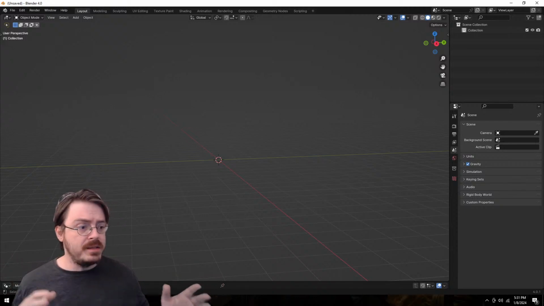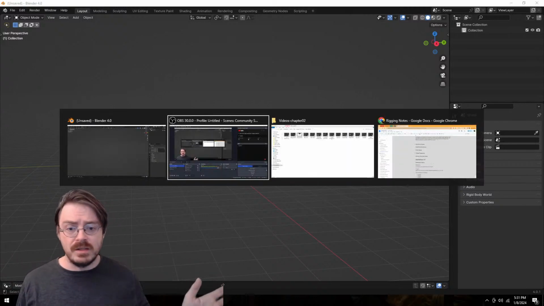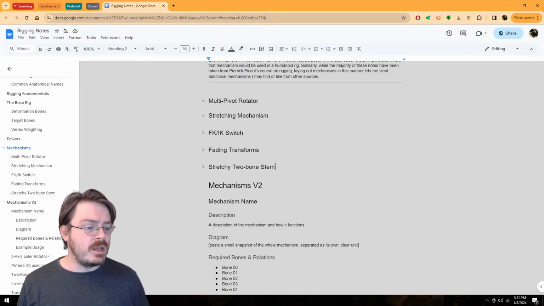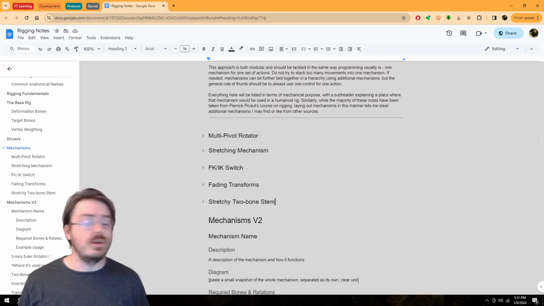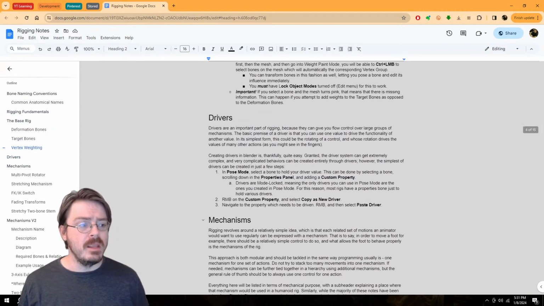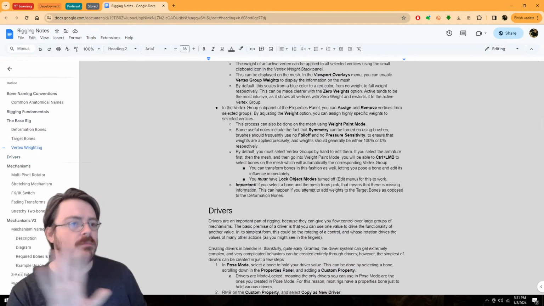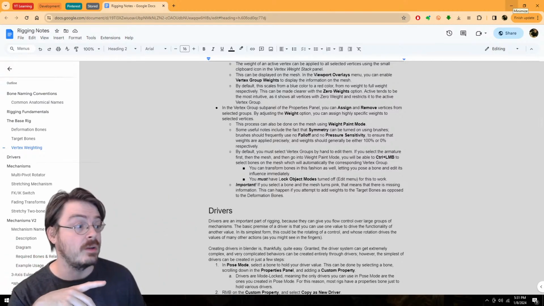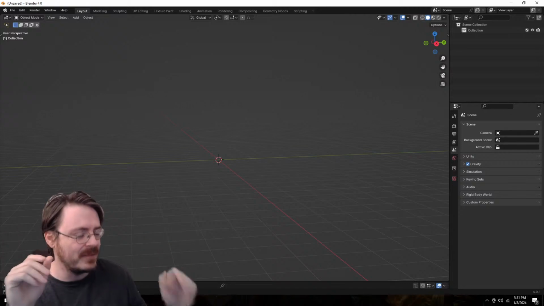So first step is just showing off this document that I have here. This is my massive 22-page document on rigging, right? And actually, you know what? Here, I'm sorry. Before I hop into this, because we're going to be spending a lot of time looking at this today. Before I hop into that,